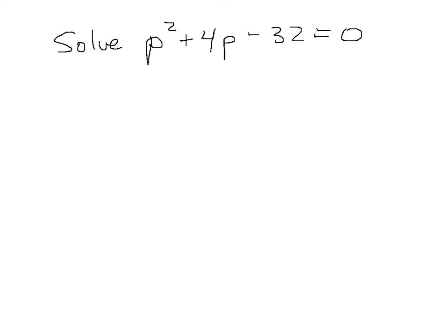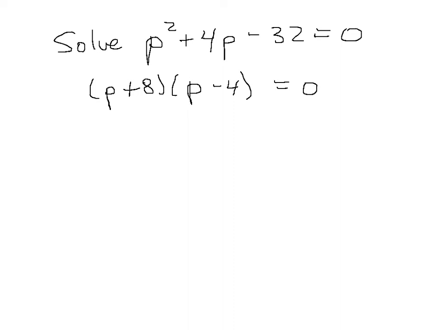So what you see is that here we have an equation, and we want to solve it. And generally it's a fairly big rule of algebra that if the degree is 2, then there will be 2 solutions. There'll always be as many solutions as the degree of the polynomial. So we already know how to factor, right? So we know, or we can show, that this factors as p plus 8 times p minus 4,